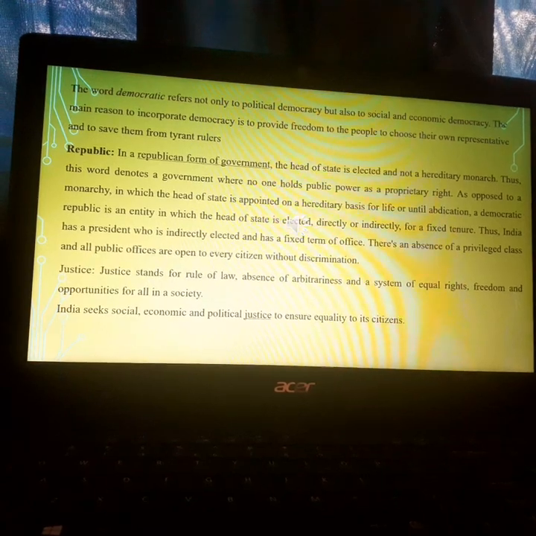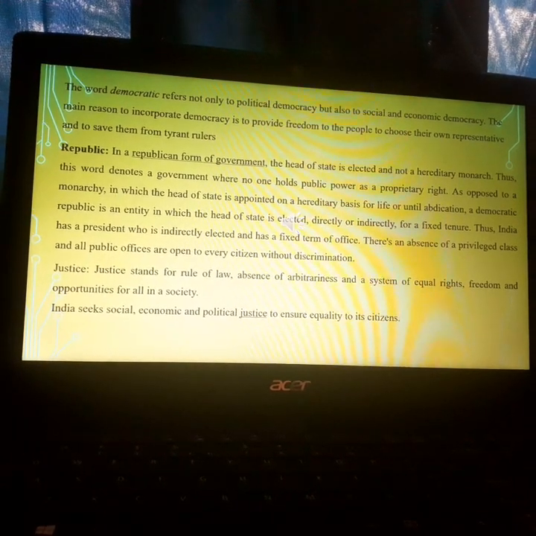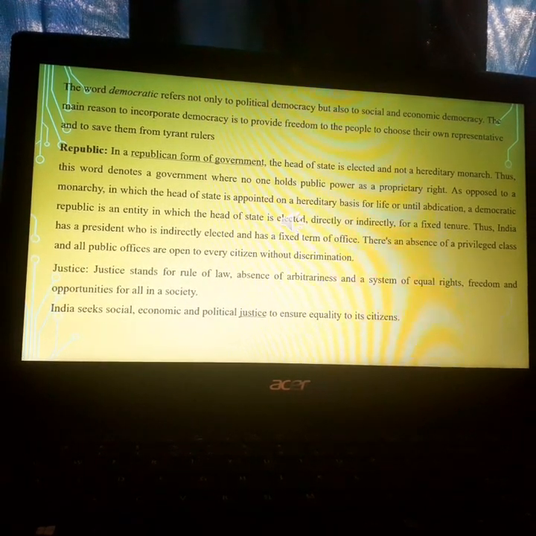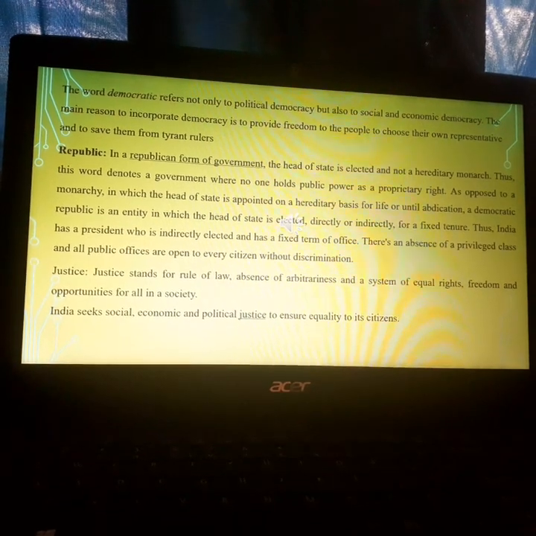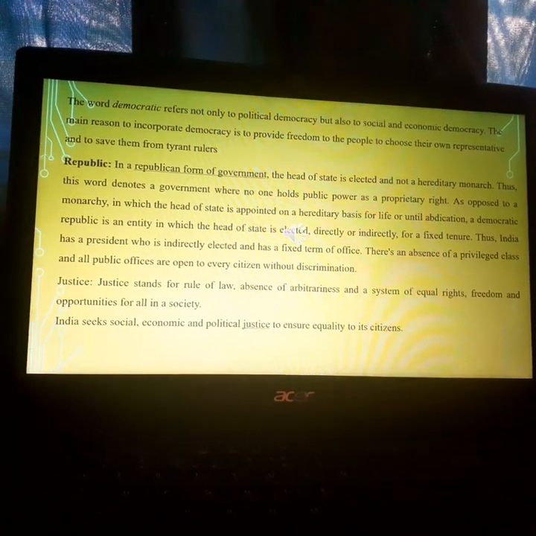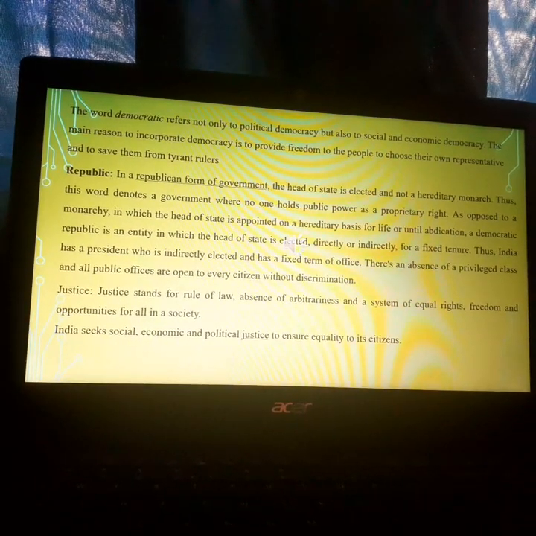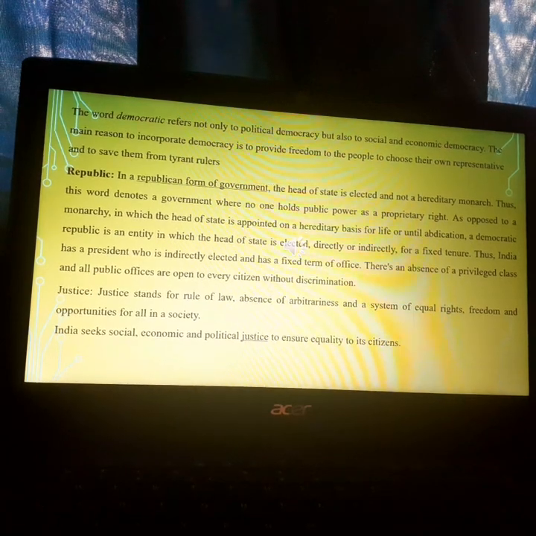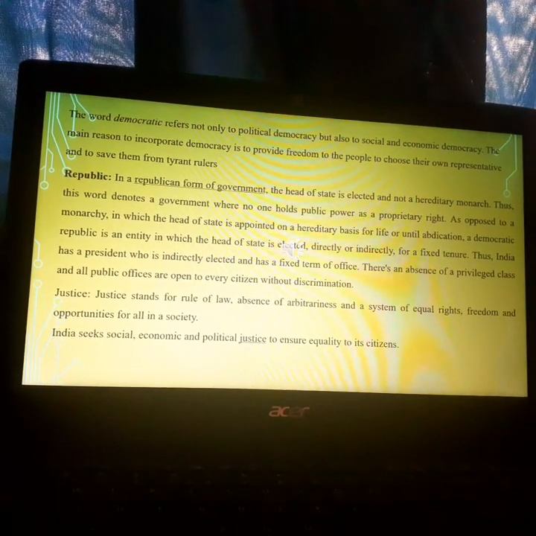The word democratic refers not only to political democracy but also to social and economic democracy. The main reason to incorporate democracy is to provide freedom to the people to choose their own representatives and to save them from